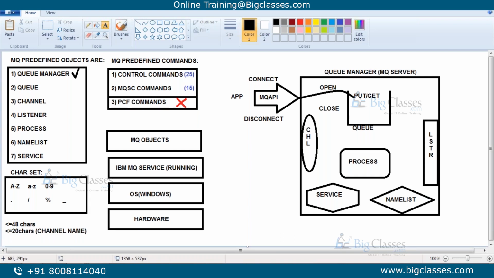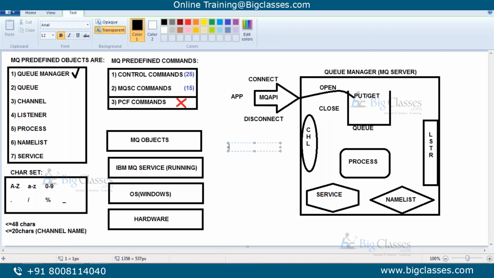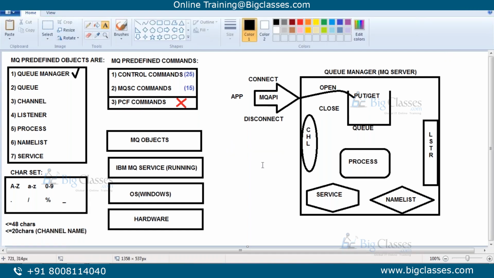Then it can create the connection on the server, it can open the queue, it can perform either put or get, then it can close the queue, and then it can close the connection from the server. For a Java application, it will be a JDBC driver to connect the database. And an application that has to communicate with the MQ server has to take the help of MQ interface, nothing but MQ API.